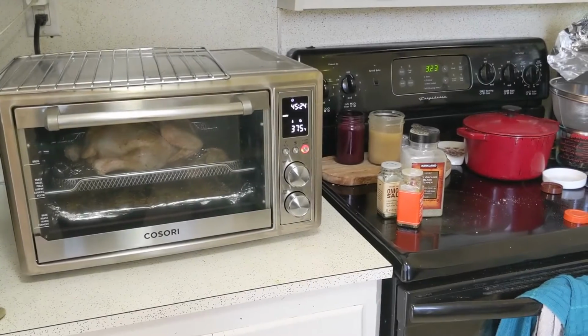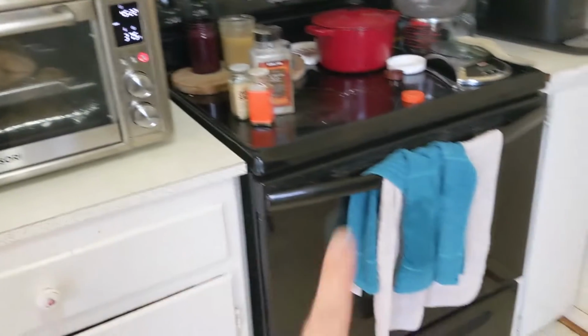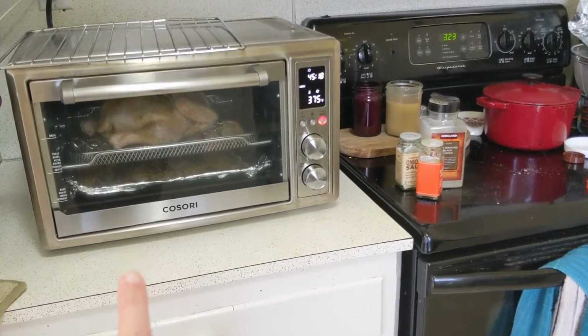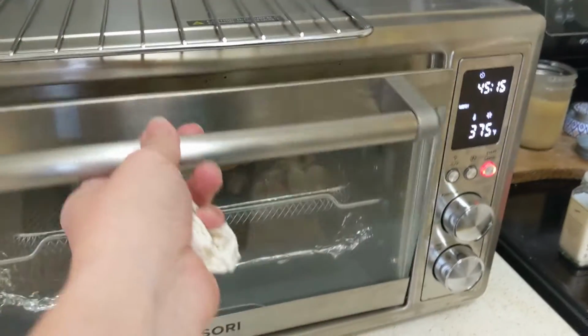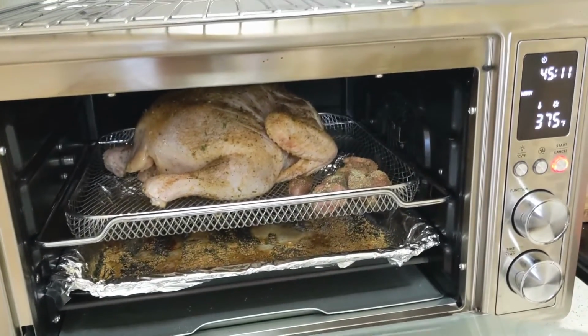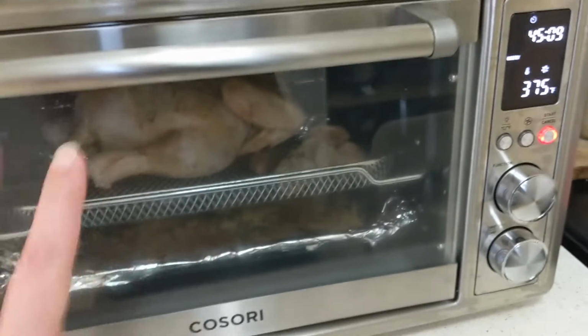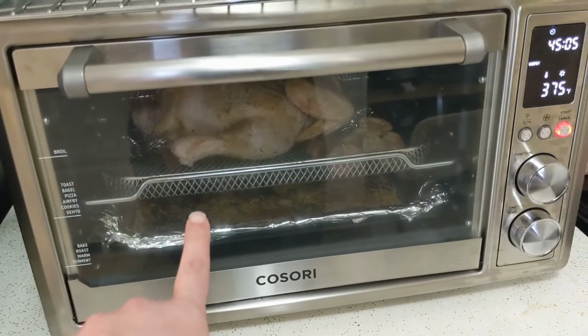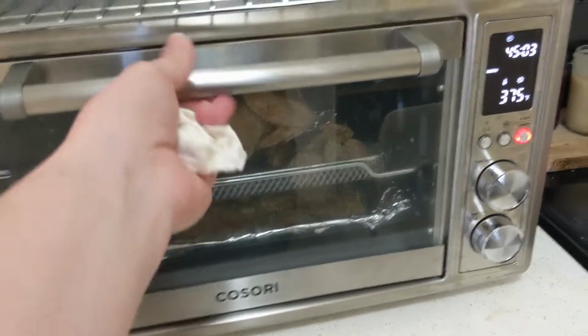For dinner tonight, I am cooking up a whole chicken and my oven is still dead. So I'm using my Kosori air fryer oven and it's working great for this. This does have a rotisserie in it. I could have done that, but it just takes so much work to get it all tied up and maneuvered and everything. So I just opted to put it into the air fryer basket, and I have the drip pan